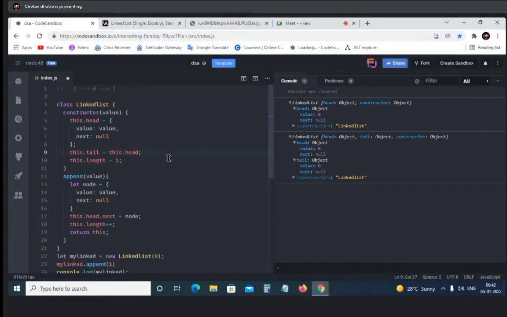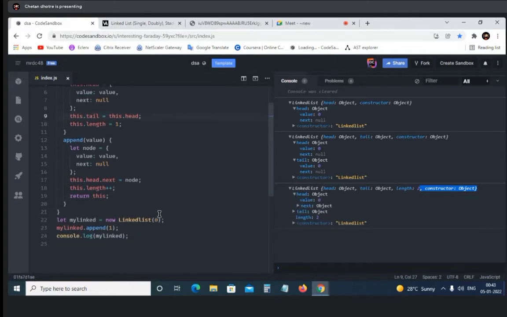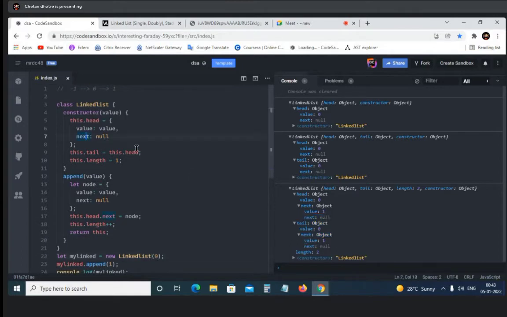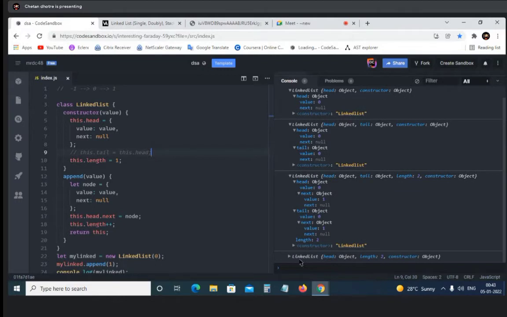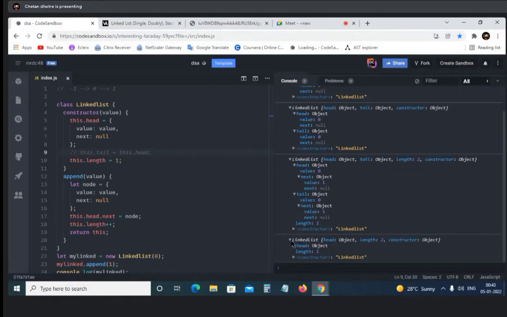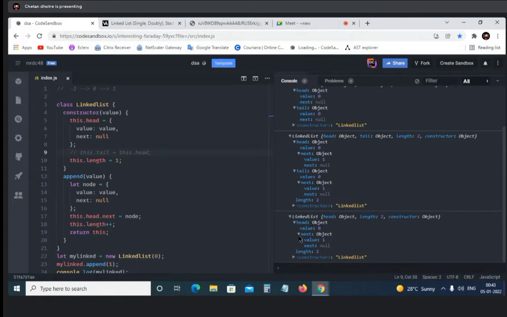Now, in this case, if I just run this one, you can see the length is 2 and the head has something which is 0 that we have inserted in here, and the next has 1. Okay. And there is also tail and there is also value which is deprecating. So we don't need the tail because we already have the next value. So what we will do, we will just comment this one out and run this code. So we can see that it got removed as we commented it out. So now we have all the values like 0, 1.